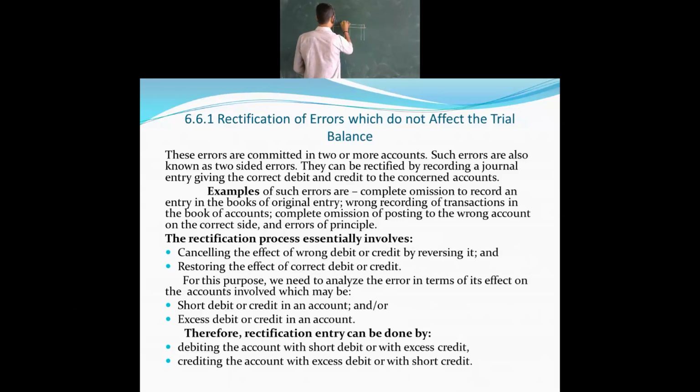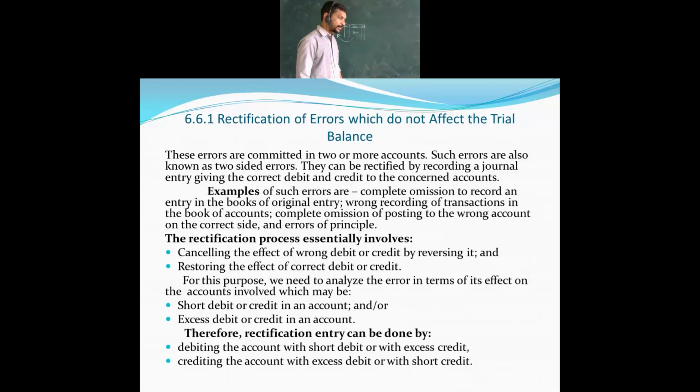This is the ledger account you have been told about. This is the date column, particulars, then amount, then date, particulars, then amount. See, if this side you are getting excess, it means this has to be shifted over here. Something is going wrong. It is overcasted or undercasted. That has to be made here.